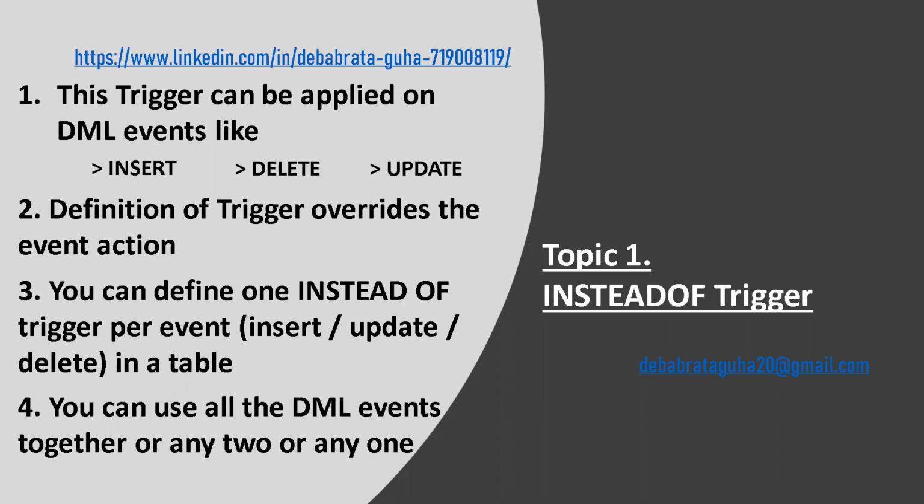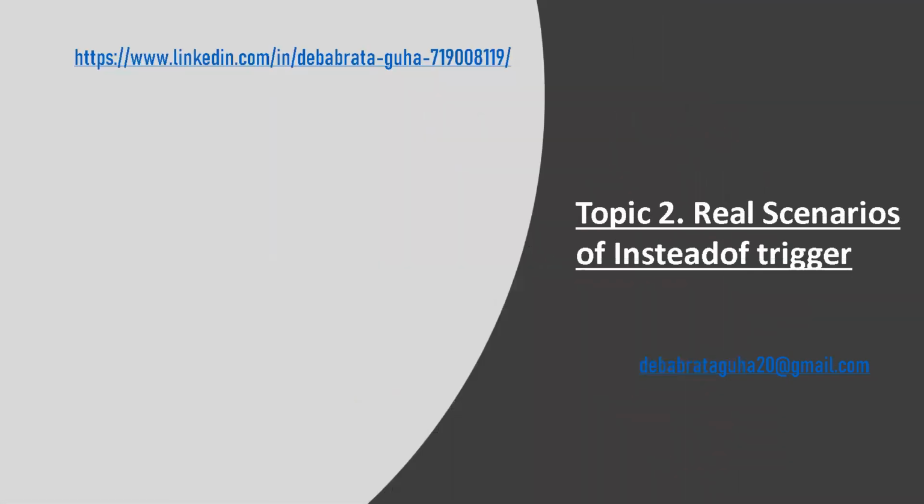These are not just a few properties. You know why it is happening. If not, just let me know in the comment section, and I will try to give you some other examples. If yes, let's proceed if you are able to understand. So let's quickly check real scenarios of instead of trigger. You already know what a trigger is, so there is no meaning in discussing more, because we have already checked all the things in the after trigger. So both are the same,